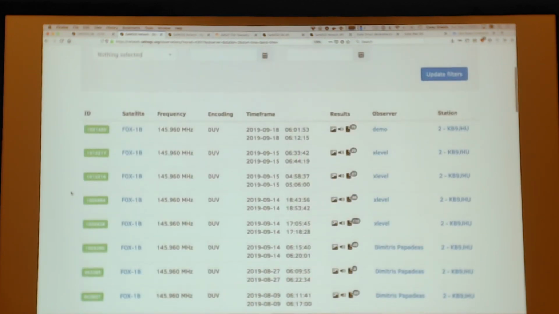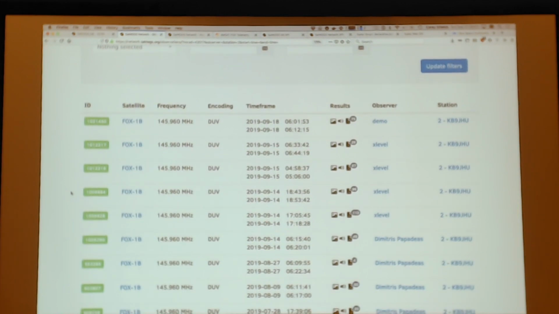And in this case, you can see these are all passed. A couple days ago, the observer, in this case I was testing the demo user on my own station. Someone else has been watching the Fox satellite. And like we said earlier, the Fox satellites are a little special because they have